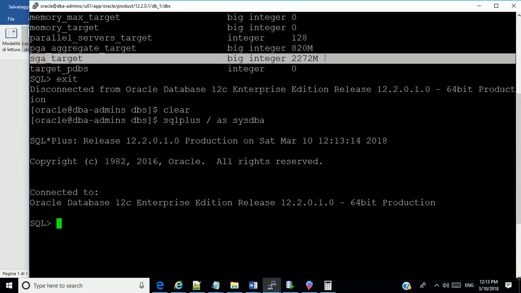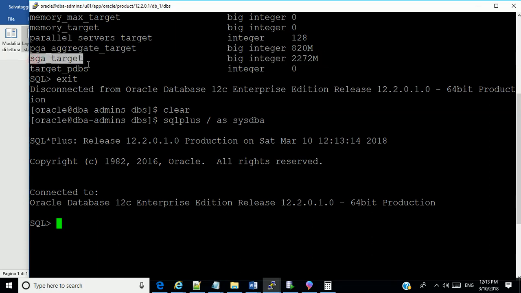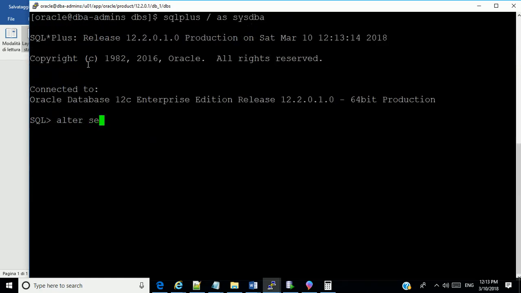This value, I'm going to change it to 2,500M. I'll say alter system set this variable equal to 2,500M. Yeah, alter system. That's the DBA expert there.